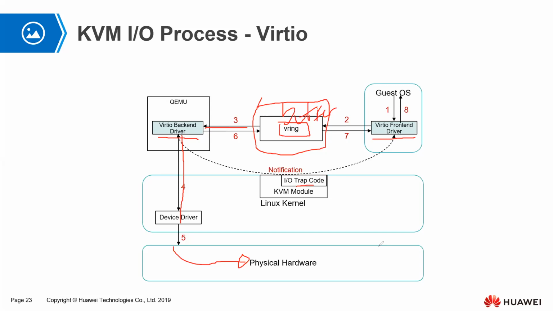So you can already see that the process has been minimized. The advantage is that it saves hardware resources for Kemo emulation, since we don't have the trap code trapping the request, translating it and processing it, then putting it in a shared page, and Kemo picking it from there. Everything is now done between the front end and back end driver, and it reduces the number of request paths involved, therefore improving the performance of virtualization devices.